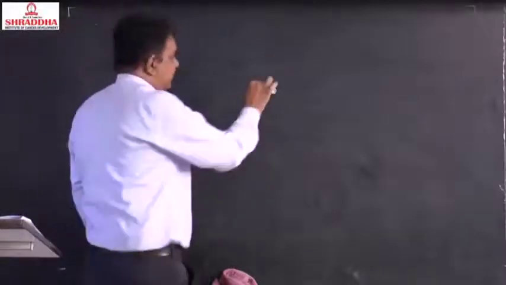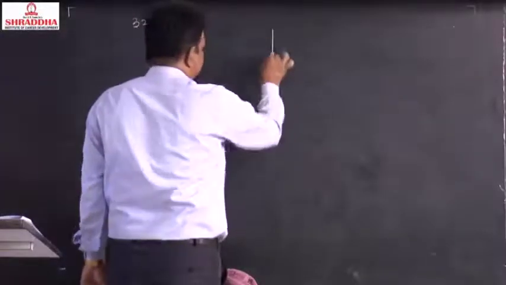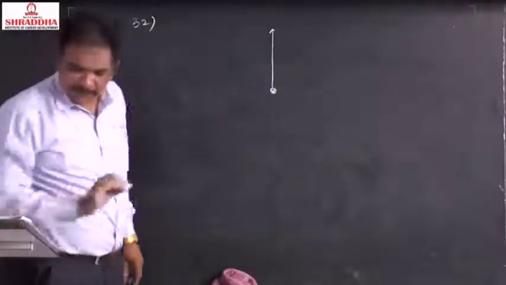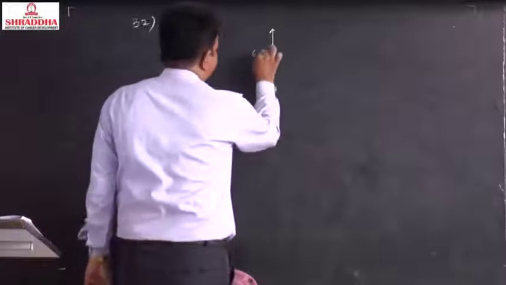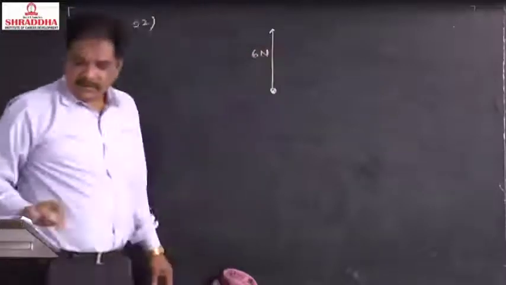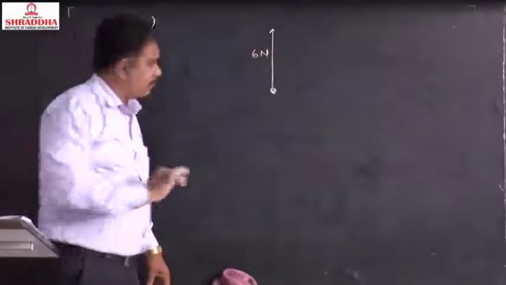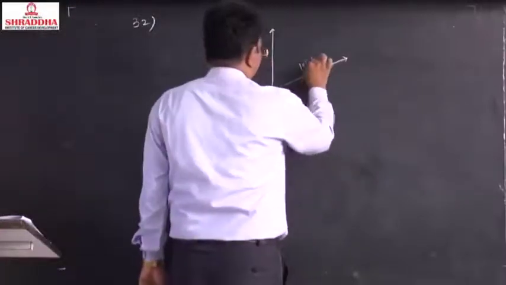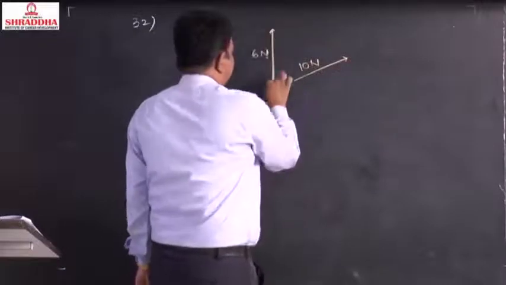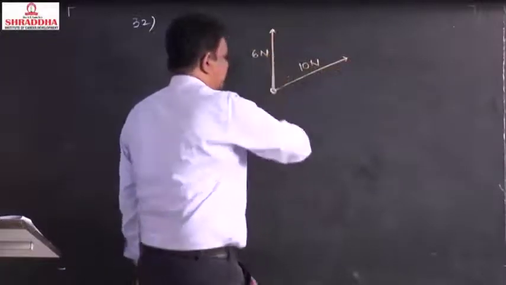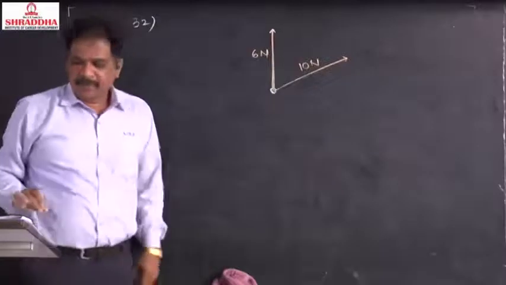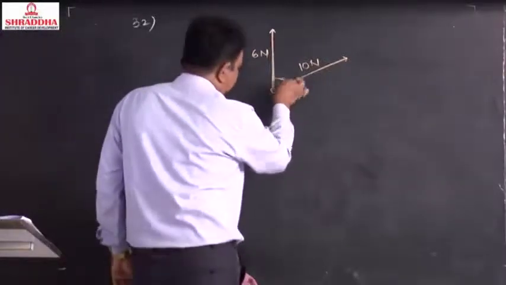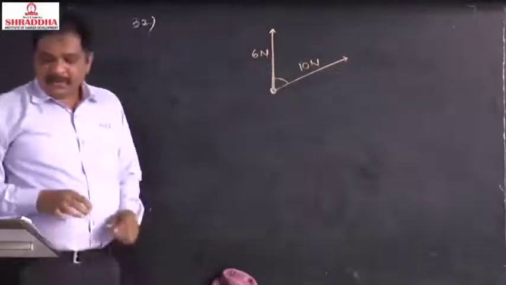One will be like this, 6 Newton. This side 10 Newton. This angle will be 53 degrees. And this side